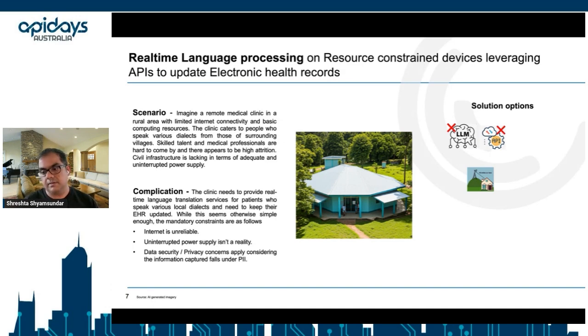For these kinds of scenarios, the typical response from them is to set up a fixed wireless service where there is line of sight from a typical mobile tower onto the medical clinic, and as long as the line of sight is maintained, one could extend 4G mobile services to the facility. But like I said, one of the important aspects of running this is to run remote medical camps too, tens or hundreds of kilometers away. At that point in time, you may not be near some of these poles or radio towers that can give you extended 4G service. So, given that, this may not be feasible as well.